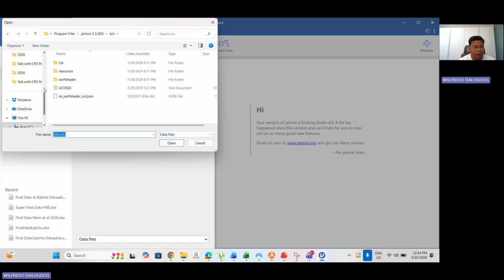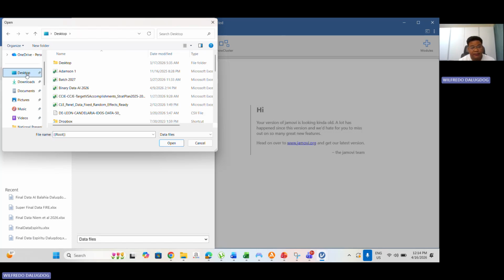So you have to go to the file where you saved the Excel data that you want to import into Jamovi.